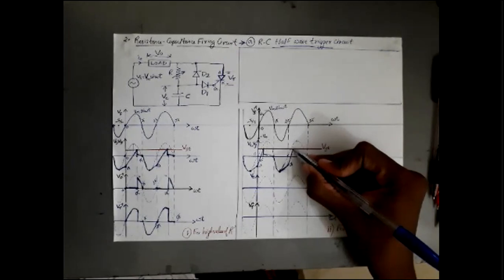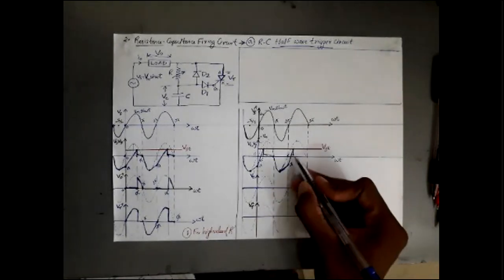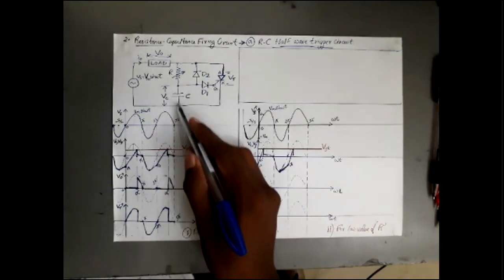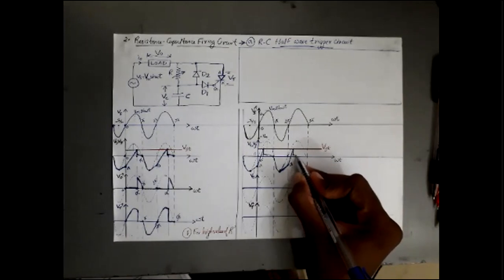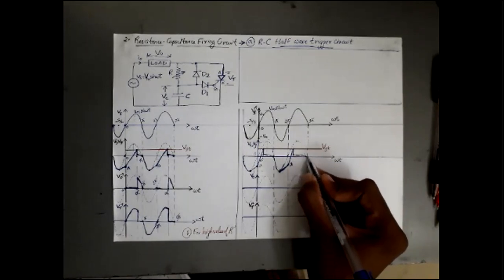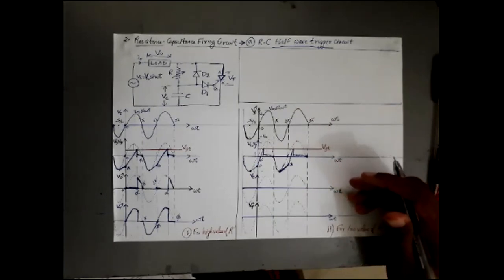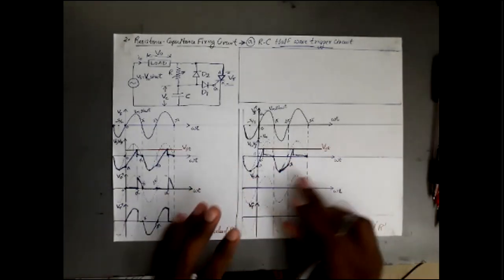So my voltage across my capacitor, as I have mentioned before, suddenly got reduced to a value very near to 0. Then during the conduction time of the SCR, no voltage will be appearing across my capacitor VC. So my capacitor will discharge to 0 up to 3 pi. Clear? At 3 pi, capacitor voltage has become 0. And the cycle continues in this fashion.